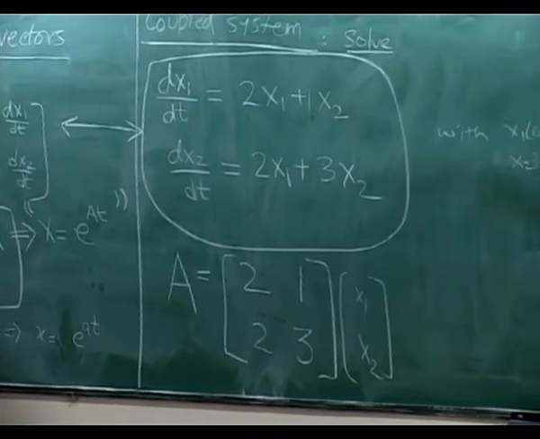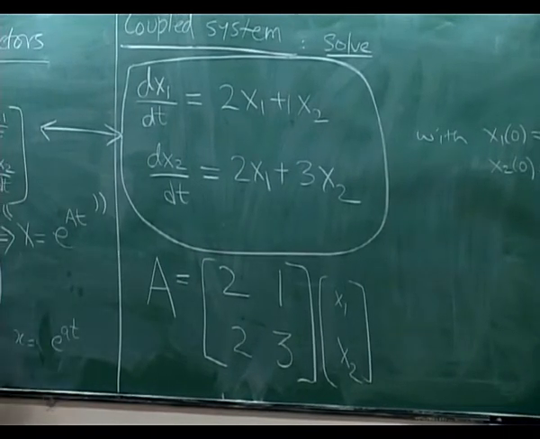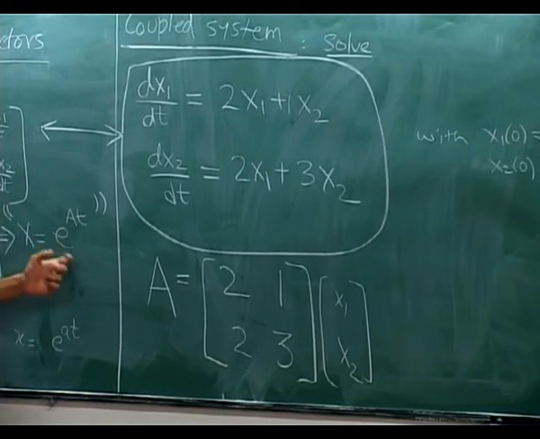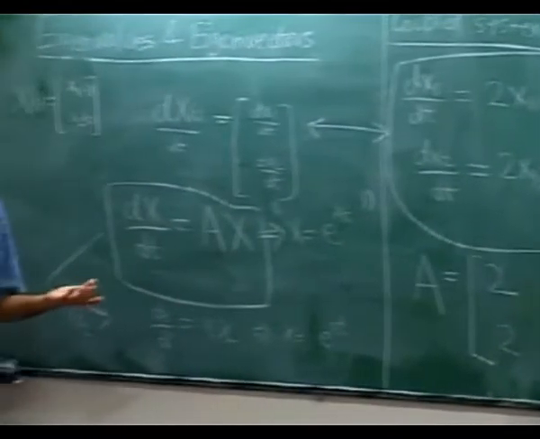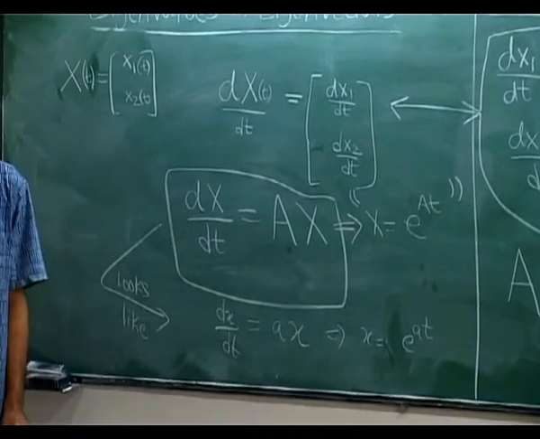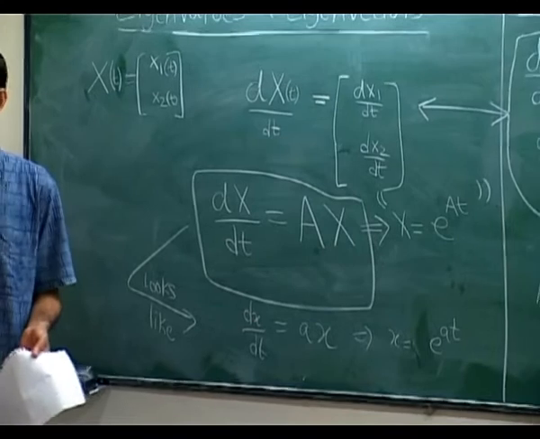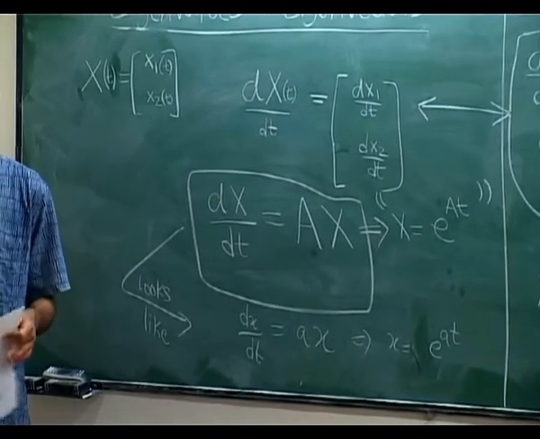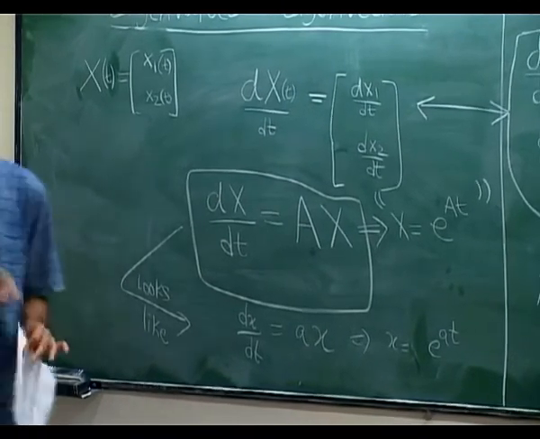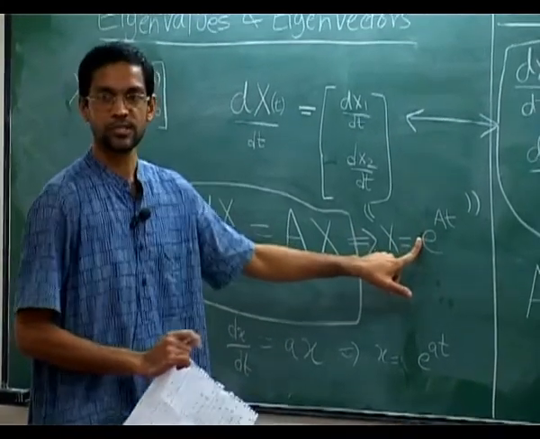I'm not going to talk too much about this, but it turns out this is actually correct. It turns out that one can exponentiate matrices. So this is actually possible, and this also gives you a solution to the system of equations. Here is a way of solving the system: you take the coefficient matrix and you exponentiate it. Whatever that means, if you can do it, you still get a solution.